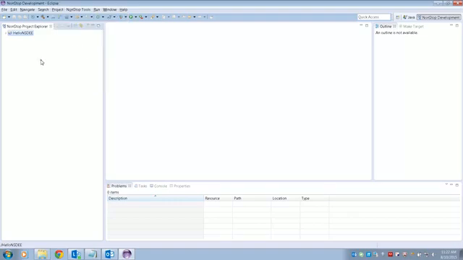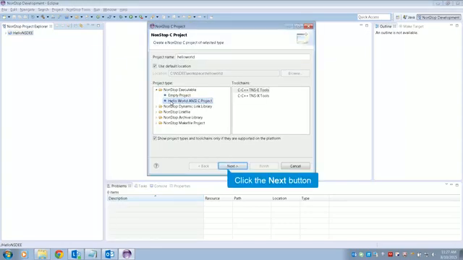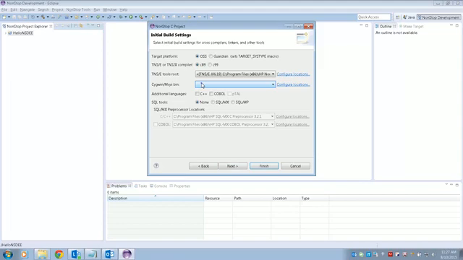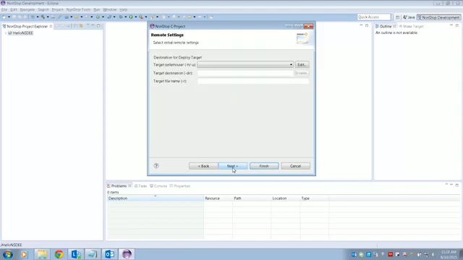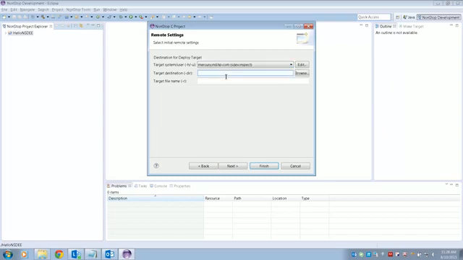To have a look at the information needed to run deploy, let's go to the project creation wizard. For non-SQL based projects, you need to mention the remote system information along with the user, the location where you want the file to be deployed, and the name with which the file has to be deployed. The target system user is the only field that is a must for a deploy. If the destination is empty, then the file will be deployed at the default location configured for the user in